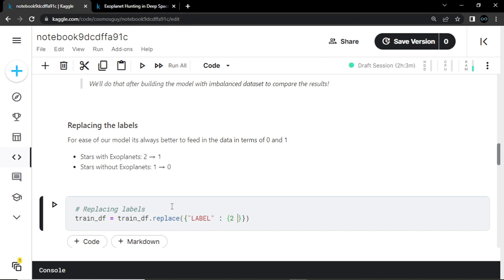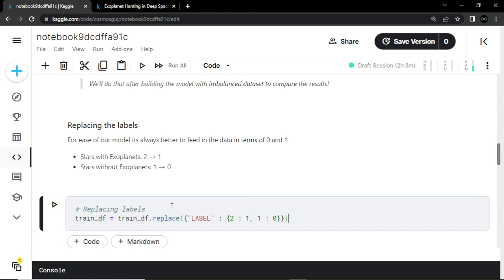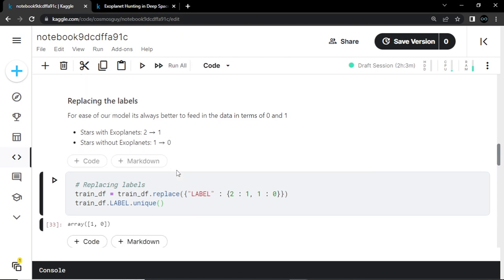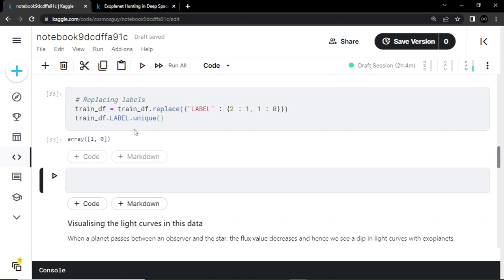I want to replace my 2s with 1s and 1s with 0s, and if I want to see whether I have successfully changed these values, I can do train_df.label.unique, and see if the unique values have changed from 2 and 1 to 1 and 0. So yes, we can see now our data has the labels in terms of 1s and 0s. So we are done with this step, and now I'll delete this extra cell we have over here